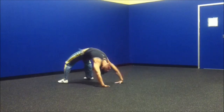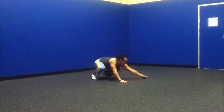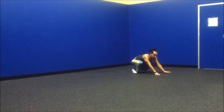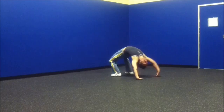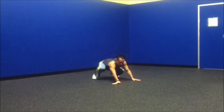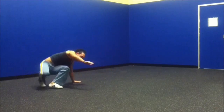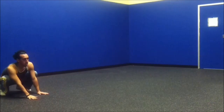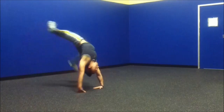So then what I would do is add a little bit of a hop into it. And I will tell you, you're probably going to fall the first time you do this, but the height is not that bad. You're basically going to land on your back, and it's okay. And little by little, I just started doing the hops. Once I got comfortable with that, I started adding a little bit more of a hop, but not too much,